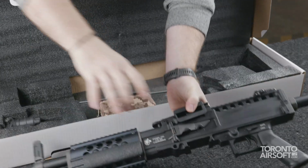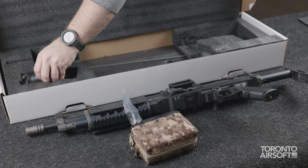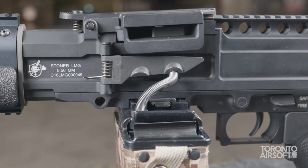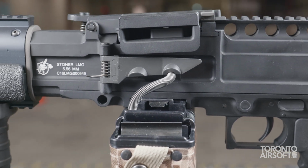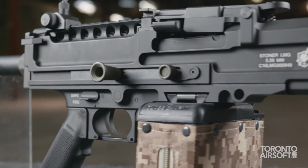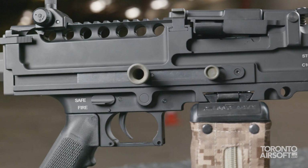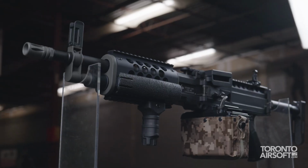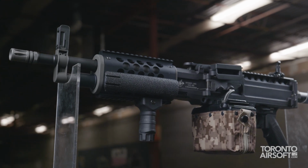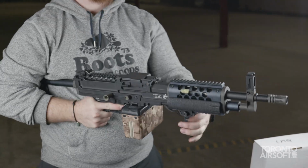In the box you get the gun, of course, an electronic box magazine with a digital camo outer shell and stubby polymer vertical grip. The Stoner 96 might not be as ubiquitous as something like the M60 or M249, but in my opinion this is one of the nicest looking LMGs with a huge blocky receiver and squared off chunky proportions. It just looks imposing, even just sitting here on a table, while being surprisingly manageable with its shorter length